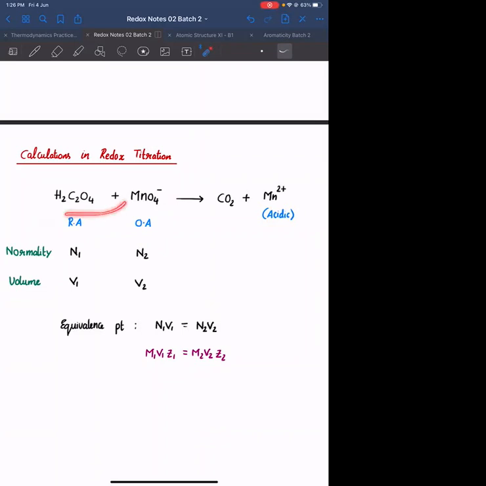Okay. Until when will this continue? Unless and until all the equivalents of H2C2O4 are consumed by KMnO4. Agreed? So at equivalence point, what will happen? The reducing agent equivalents will be exactly equal to the equivalents of KMnO4. At this particular instant, there won't be any color change, but the reaction has come to an end. After this we add one extra drop. Whenever I add that extra drop, that KMnO4 won't be reacting with H2C2O4 because H2C2O4 has been completely consumed. That extra drop of KMnO4 will show that purple pink color.